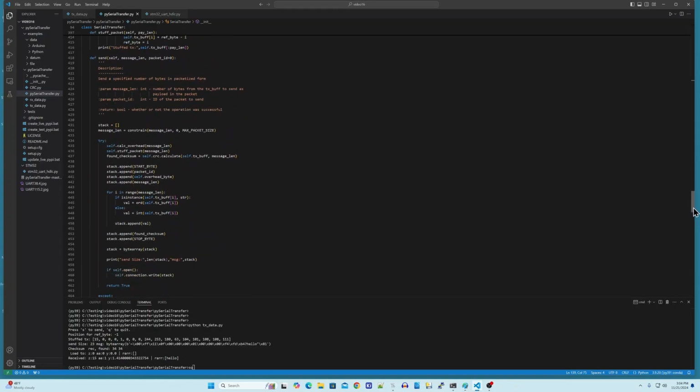Here we go. Oh, and the authors of this class library did a really good job of putting in comments throughout the program. So each function is well documented as far as how it works and what it does and what parameters